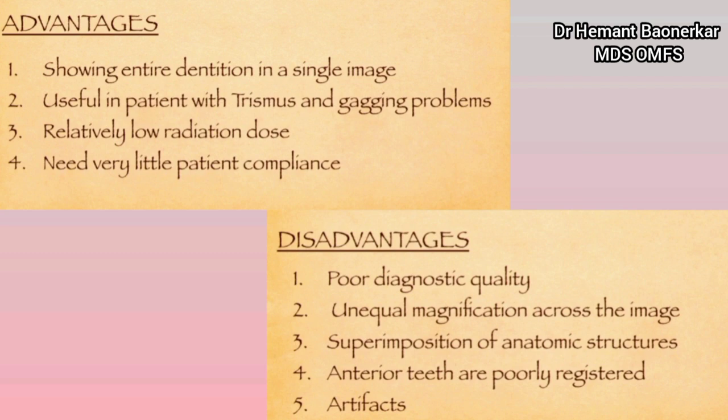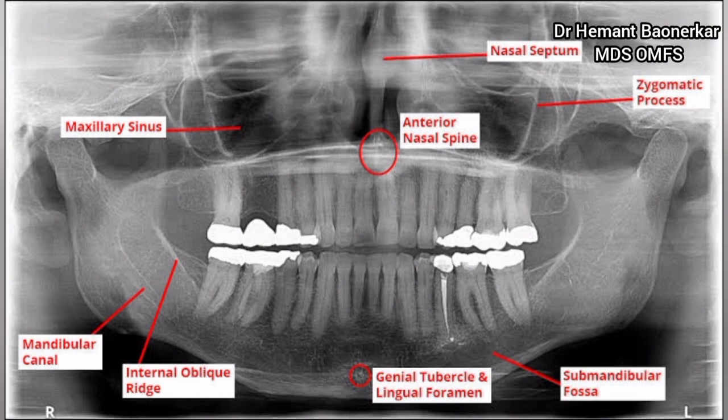In advantages, it is very helpful as a single image in which we are going to see all the head and neck pathology, tooth problems, and all kinds of abnormality in the bony factor. But there are a few disadvantages because of so many anatomical landmarks. There is always an overlapping of the landmarks. Let us learn the anatomical landmarks.